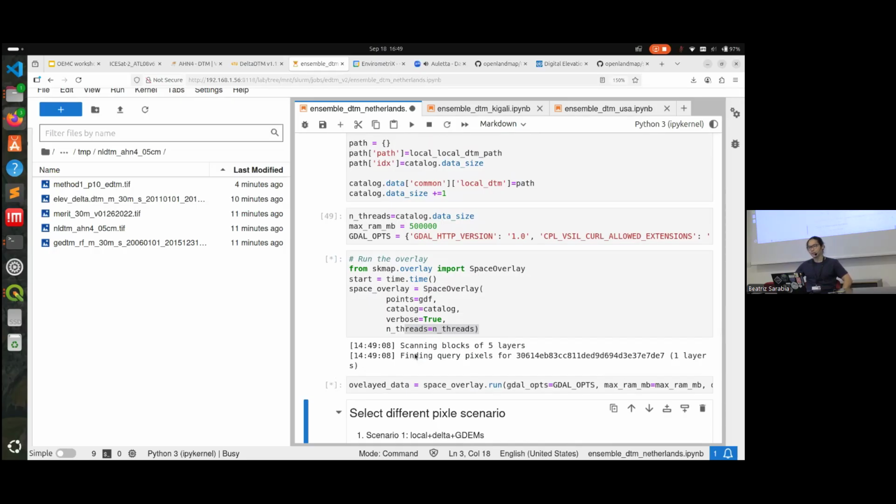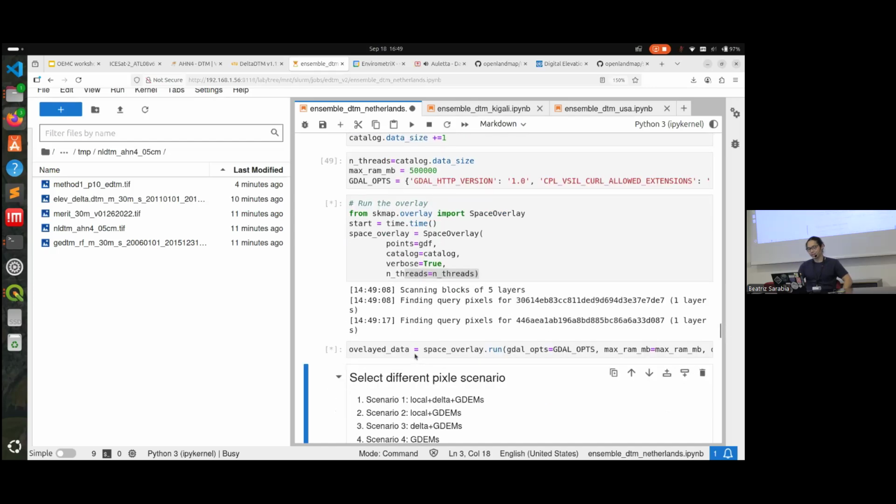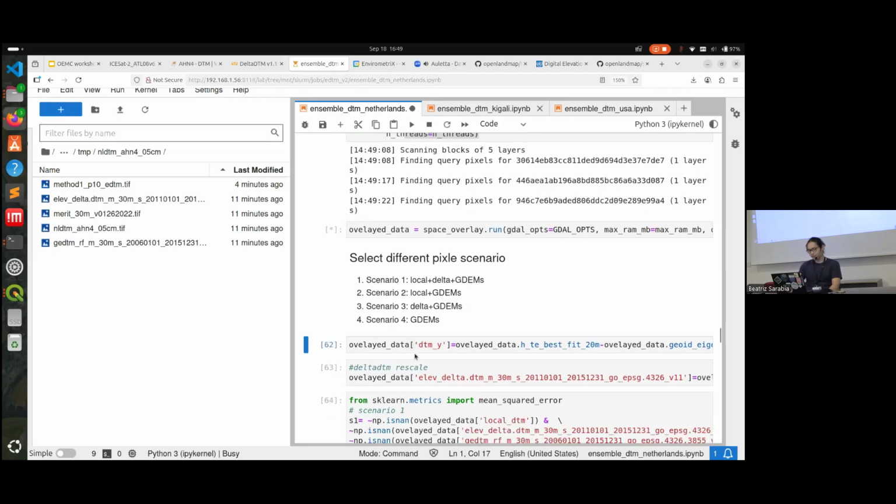For example, here is 12 million points, and then we can do parallel overlay based on the function defined. So it's rather fast to query these 12 million points and overlay with 4 layers. I think in a matter of seconds, like 20 seconds, you can finish all the overlay. So this is for